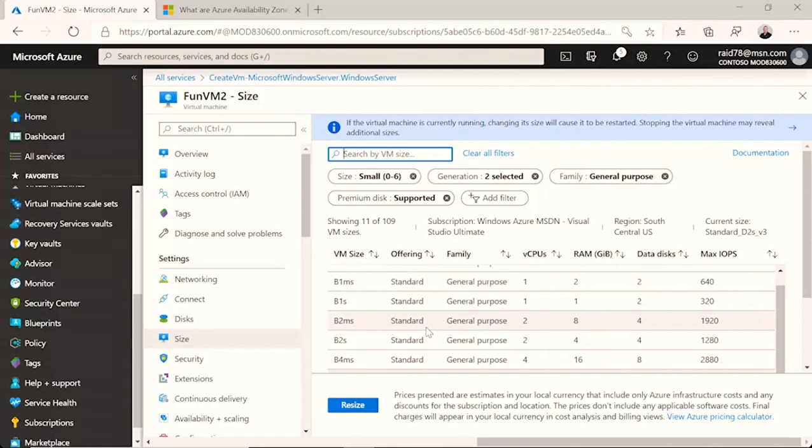Now, just a word of caution here. When you click on resize, there is a period of downtime that occurs because we have to reallocate new hardware. We have to move this VM to new hardware. The cool thing is that downtime is fairly minimal. When I say minimal, think seconds, because we actually have to move this file to a brand new set of